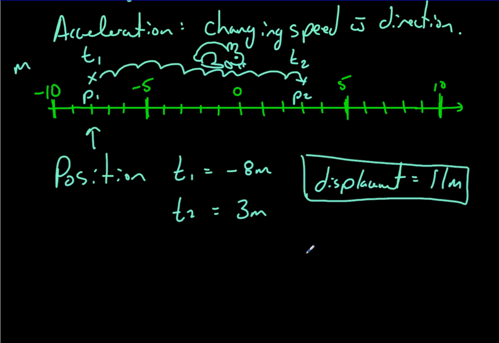All right. Now, it would be a giant pain to have to draw out a number line every time you wanted to do math with this. So we're going to rely on your abilities with algebra to write this in a little more simple way. Okay? So what we'll say is we'll write it in words first, and then we'll write it in its equivalent with math. Okay? So we'll say the change in position